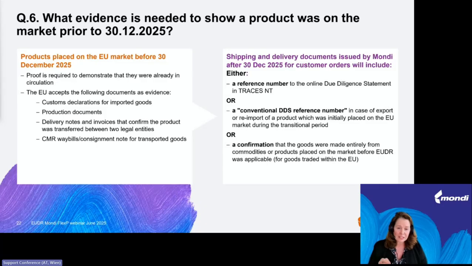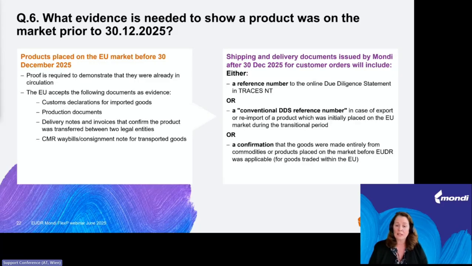So we wanted to reiterate again here. So what does that really mean at the end of the day? That means that in all of the shipping and delivery documents that we issue after the end of this year, after the 30th of December 2025, for customer orders, you will find one of three things. You will find either a reference number and verification number to the online due diligence statement in TRACES NT, or